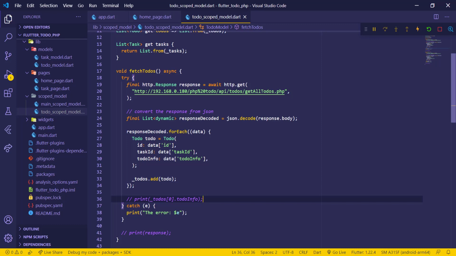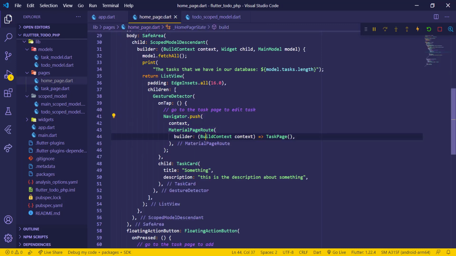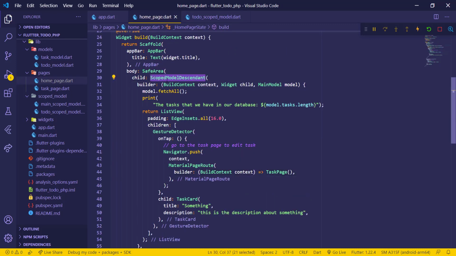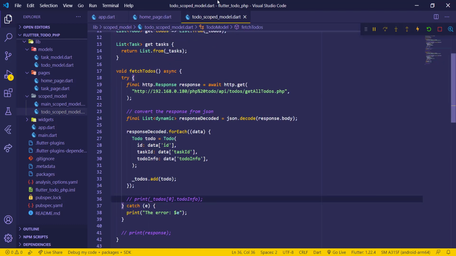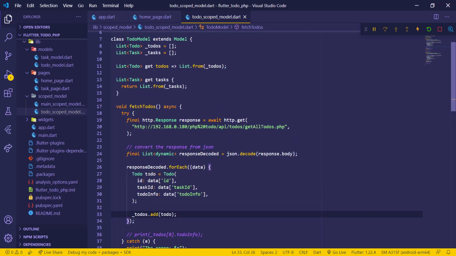page automatically. So any widget, let me come to the home page, any widget that is wrapped with the scope model descendant, when we call notify listeners inside any method that is being used by the scope model descendant, then it will refresh that page. It's something like the set state. So here after fetching the whole todos, and then we add everything to it here, we now have